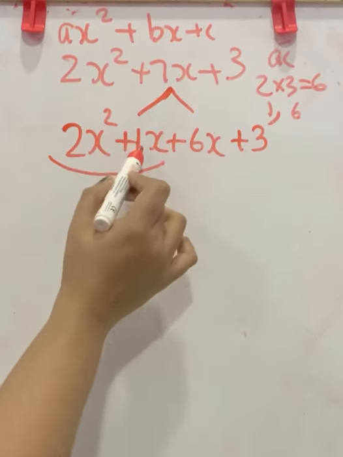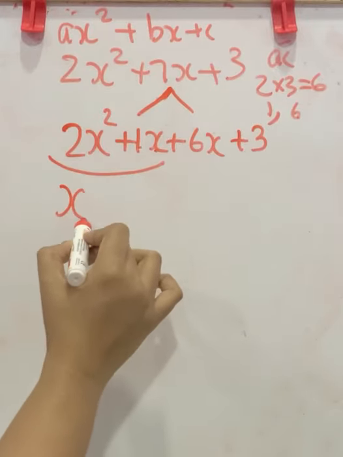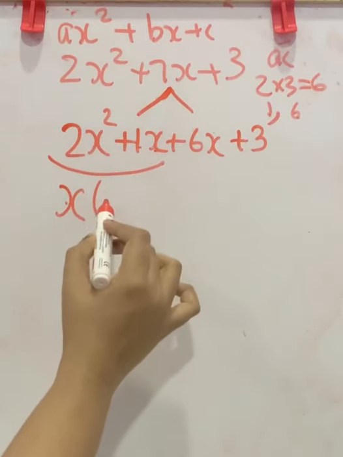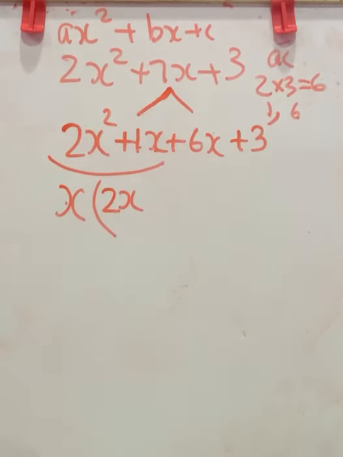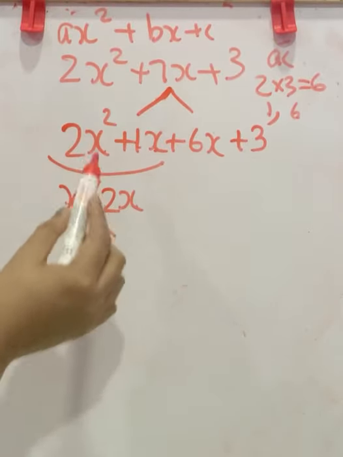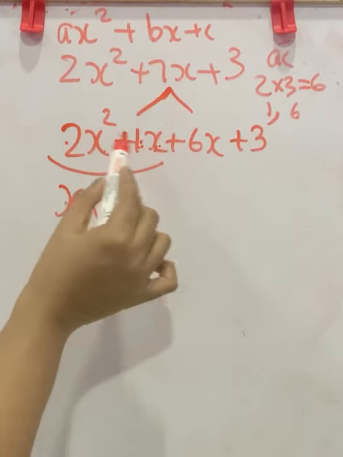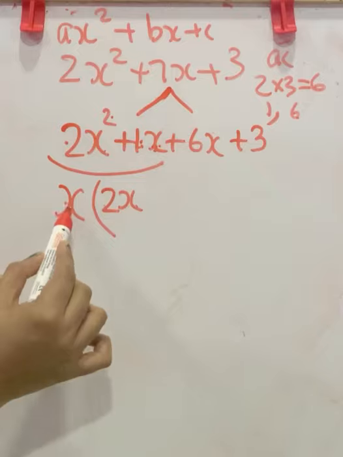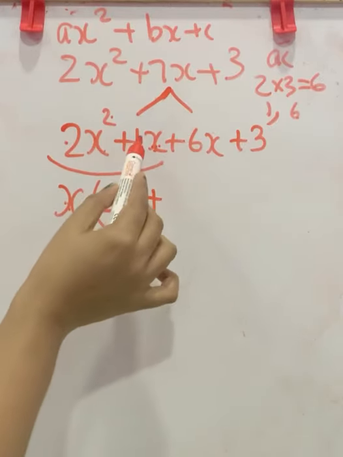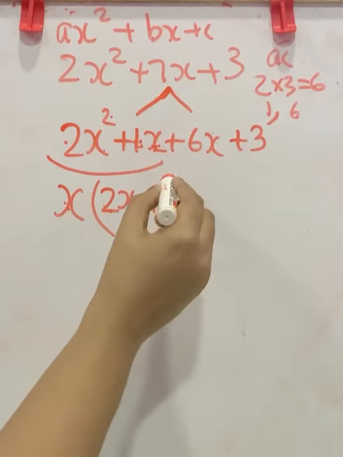You have to find a common factor in that. In 2x square and 1x, you have x as the common factor. So taking x outside of the bracket, x into what is 2x square, the balance will be 2x. From the coefficient part, we have no common factors in these two terms, so only consider the x variables. So the balance will be 2x plus 1x. You are taking x as common factor, so the remaining will be 1.